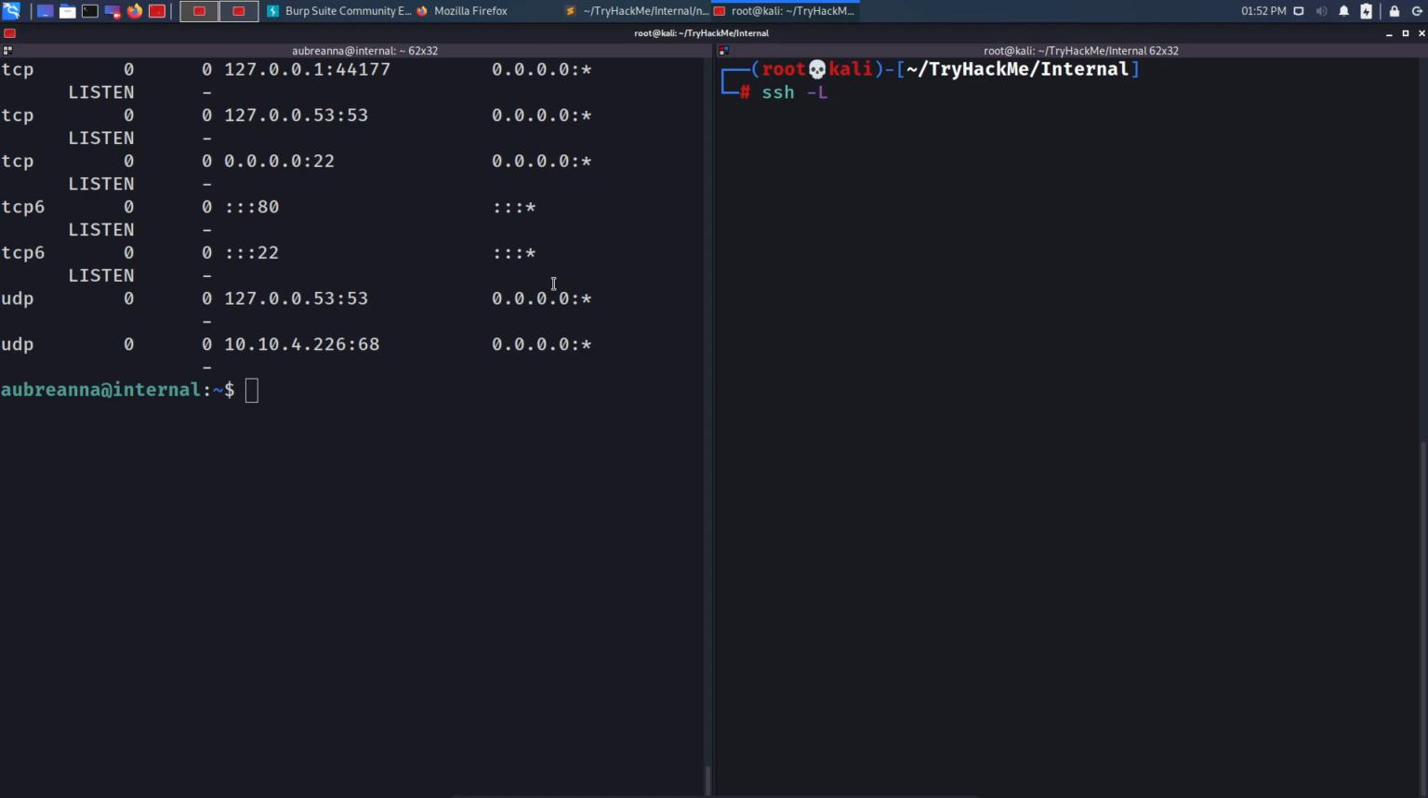But if you are not having port 22 open, you can always use Chisel, because Chisel is very amazing as well. So we will specify ssh -L for local port forward, and I will say that I want to open a port, let's say 9999, on my Kali machine, and then I will say that I want to forward the port from the machine running the Jenkins web server, which is 172.17.0.2 on port 8080. From where did I notice this? From the jenkins.txt file. And then I will specify the username, which was aubreanna, and then I will specify the IP address or the domain name, which is